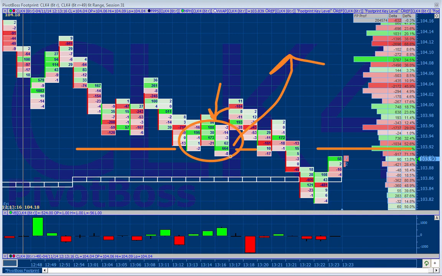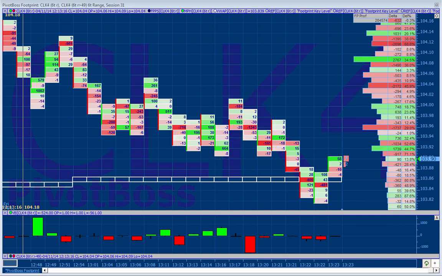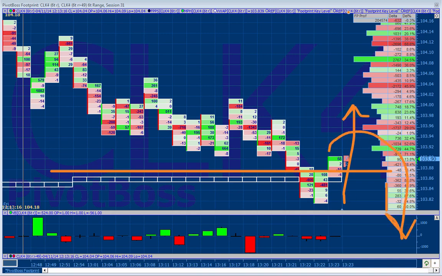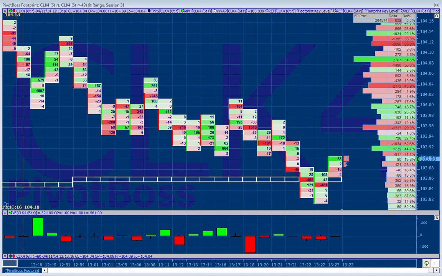And what did I tell you about buy imbalances on the lows? Watch out, because if price doesn't go up, all of these buyers become all of these sellers, which influences price lower. And we finally broke through the 103.88 zone of support. We're getting into the LVN, and if price can't get back above that zone, we're likely headed down to 103.42. So let's go ahead and push play and see how the trade develops.